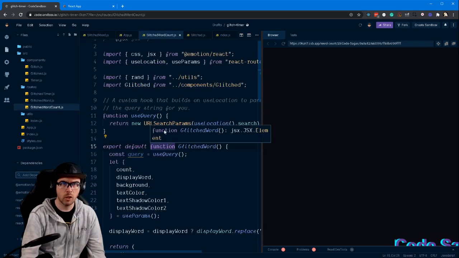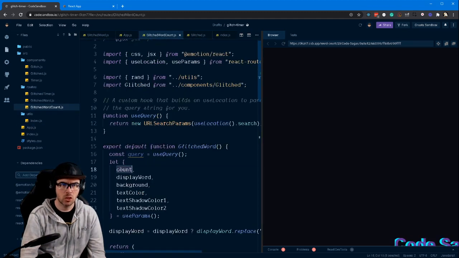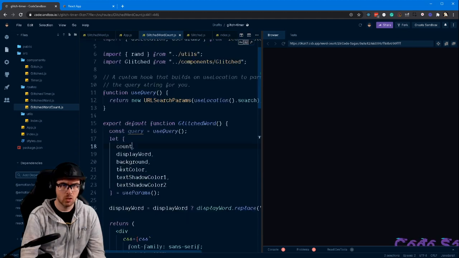Okay, so that's lining up correctly. Count is the variable name, which is what I put. So let's go take a peek at